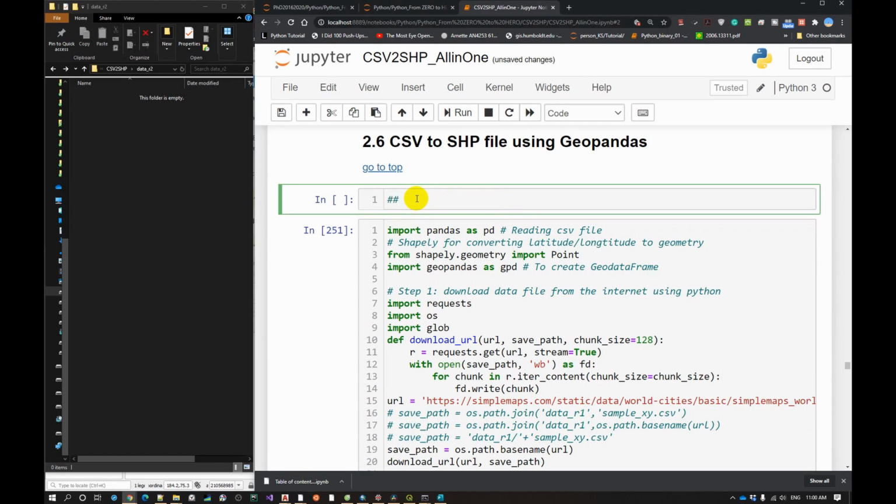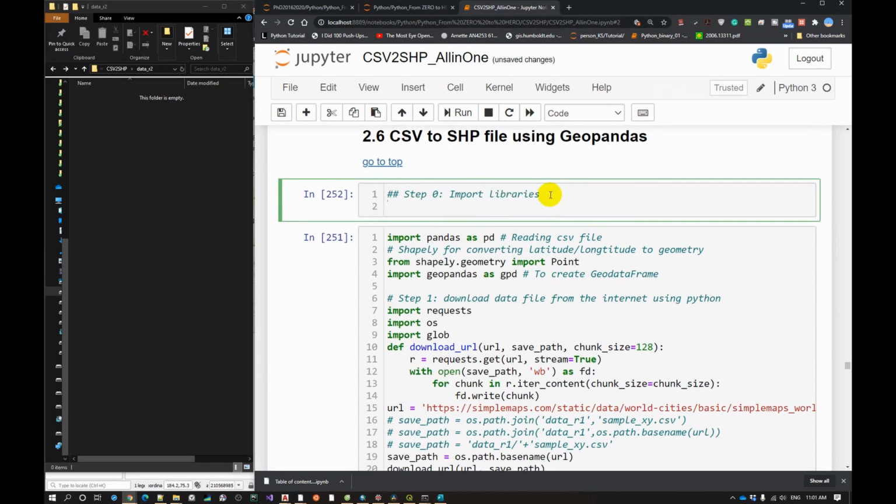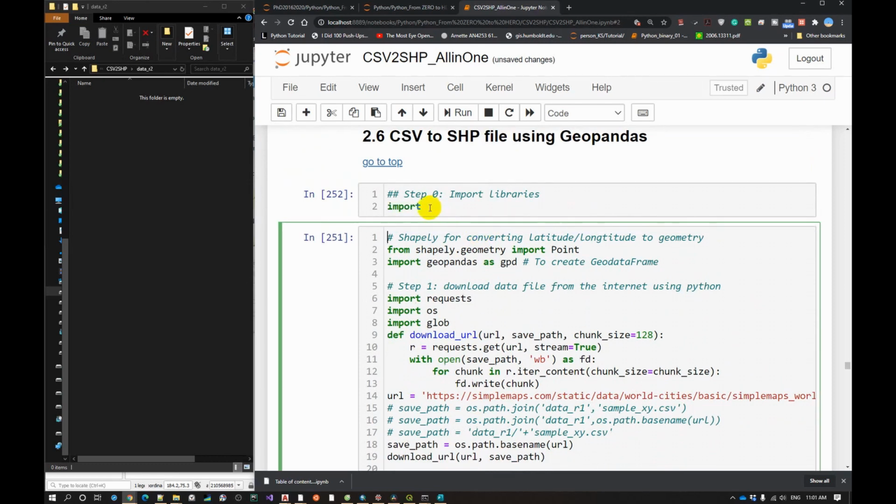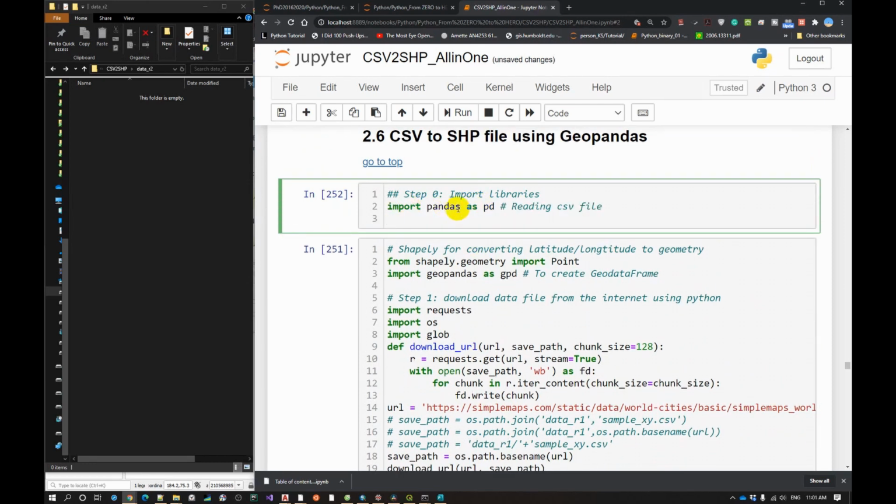This is step 0, import library. So here we're going to import pandas. This is to read in the CSV file. We're going to import